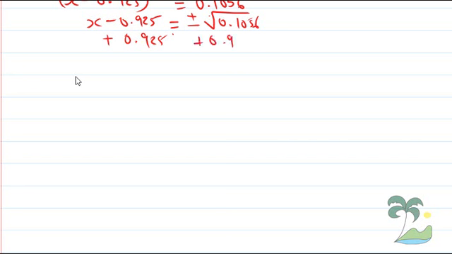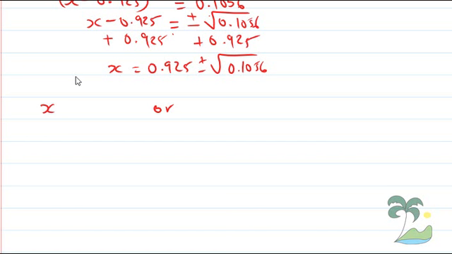Plus 0.925, and that would be x is equal to 0.925 because it is a positive number, plus or minus the square root of 0.1056, and this will give us two answers where x is either equal to